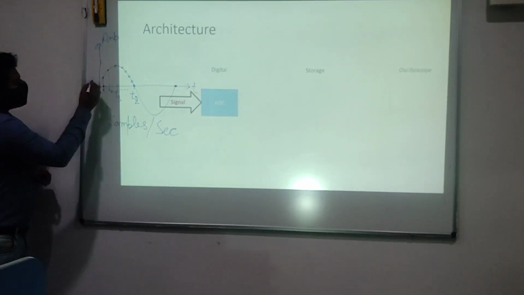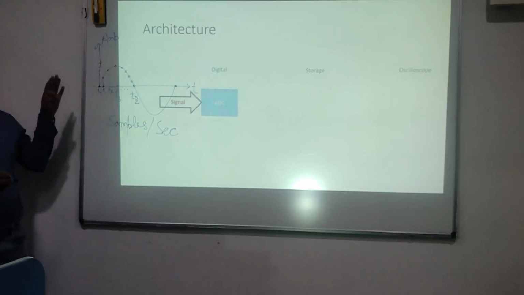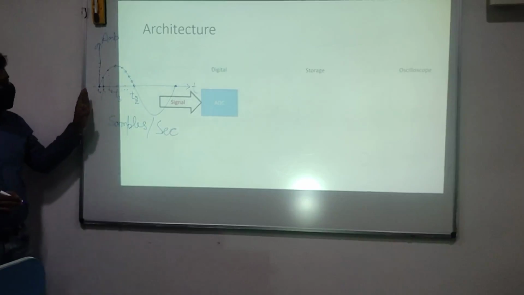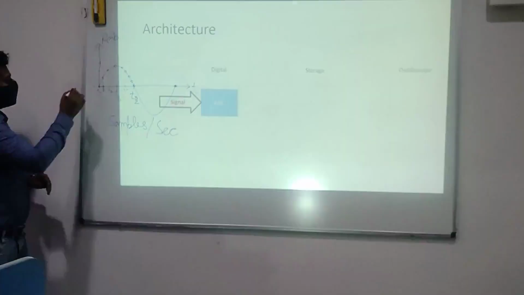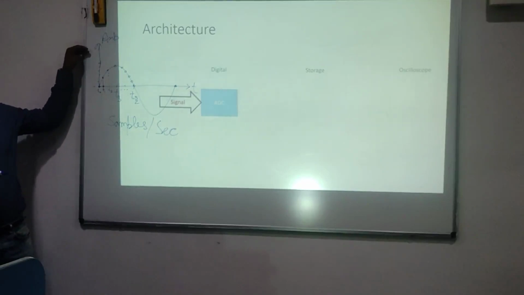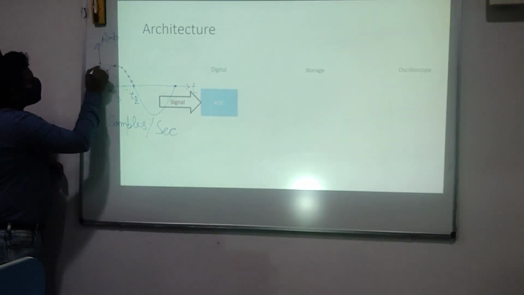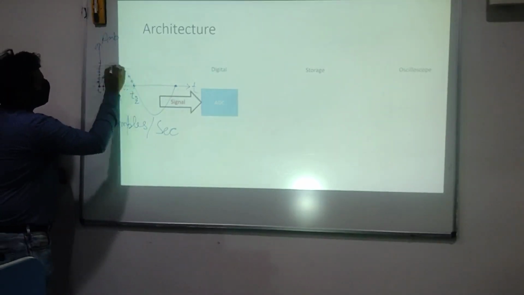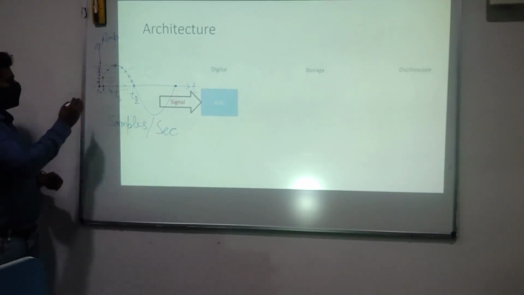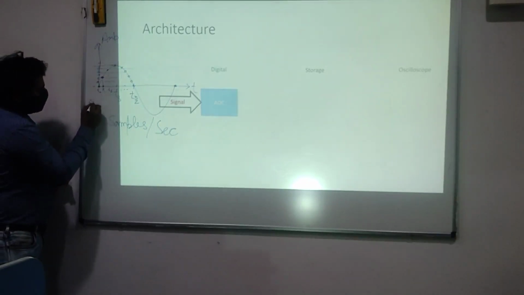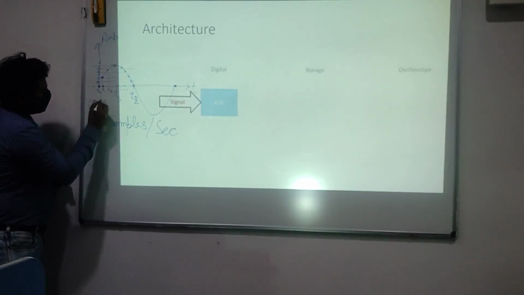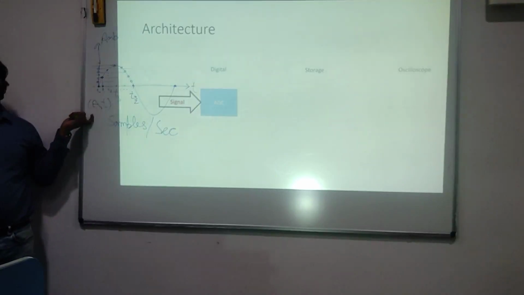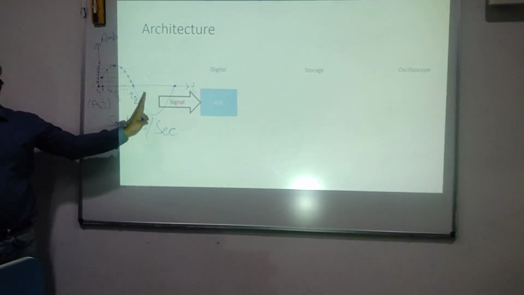Because there are infinite number of levels, likewise there are infinite number of time points, right? So whatever we have done to the time domain, we will do to the amplitude domain also. There also we will take a certain number of levels, and accordingly we will find out what values we are going to take. So based on this we have information of amplitude and time. For every instance we have an amplitude,